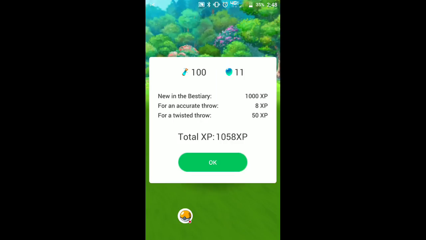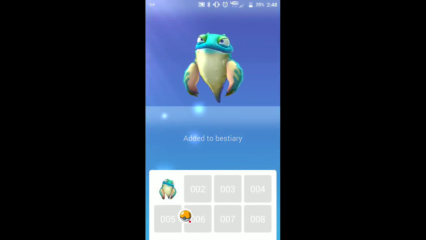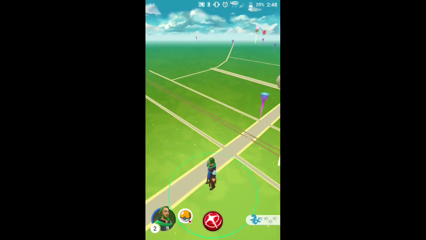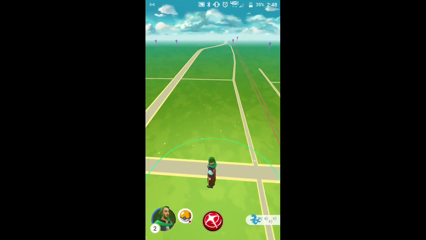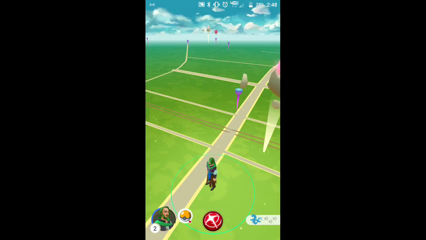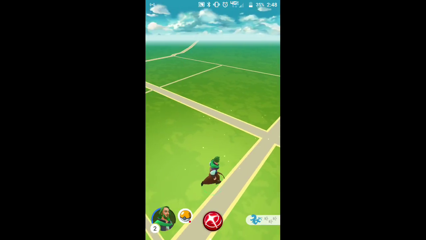Alright. Sweet. Added Frogus to Bestiary. What I was talking about was this guy. Where is this guy at? Because I want to find him. So he's back behind me? Don't tell me he's at that. No, he's not. Okay, so I can find that guy. He's a crazy dragon dude. So I'm gonna find that crazy dragon dude. Maybe he won't disappear before I can make...